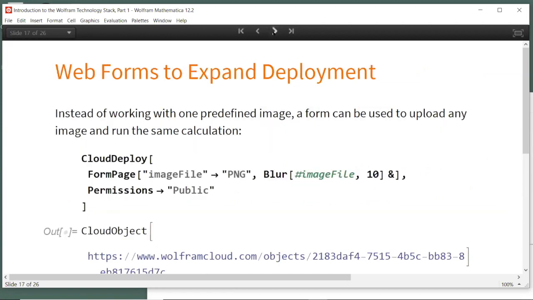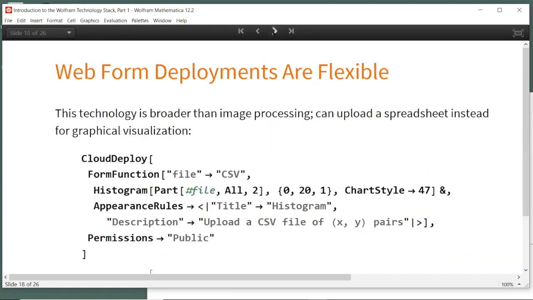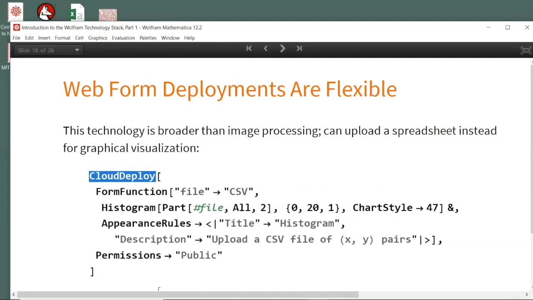So yeah, this function CloudDeploy is a high-level function that creates web forms for live computations. It is essentially writing HTML for you. So that can be really convenient, again, if you want to iframe something or if you want to reference a live computation. For example, in this case, I might want a web form that I can send to anyone